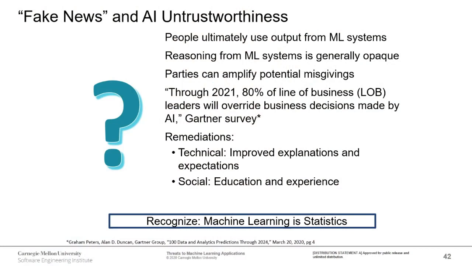Second, the last comment I'd like to make about the human element here, I call it sort of the fake news and trustworthiness. Ultimately, these machine learning systems are used by people to make decisions. Because they are largely opaque, that is, I don't really know how the system decided that something was a banana or an orange. I have this sort of gut reaction because it's really simple in this case, that because bananas have a certain density, oranges have a certain density, if it's looking for that, then it'll come out with the right answer. As you get into real systems that are having much more complicated things, how to set bail, which houses to check for lead,